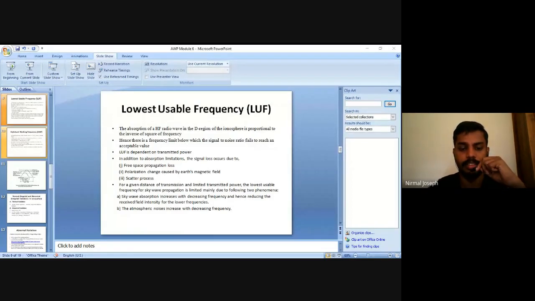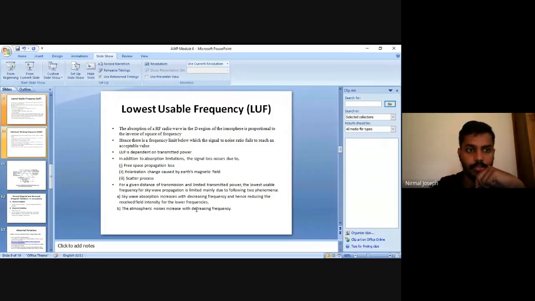So I think now we can see the slideshow. Is it visible? The slideshow is visible to everyone? Yes, okay, it is visible. Then, I was telling about